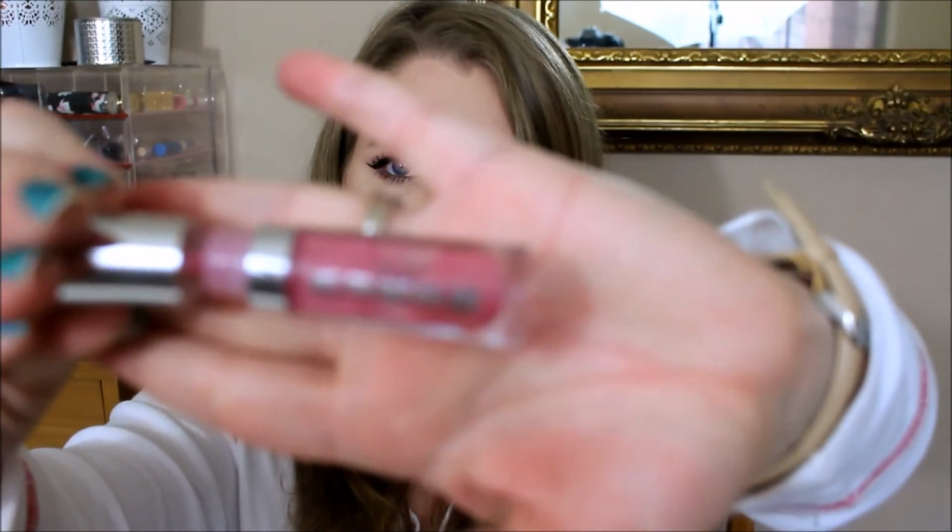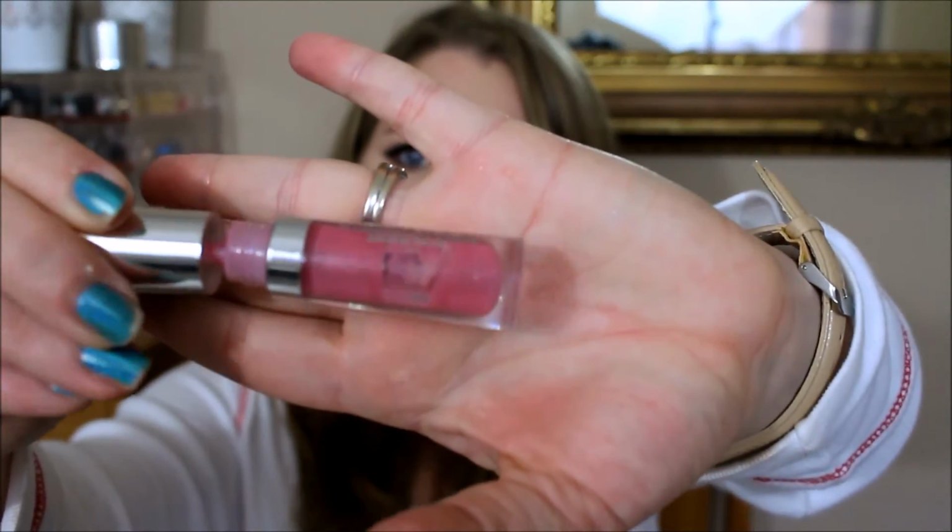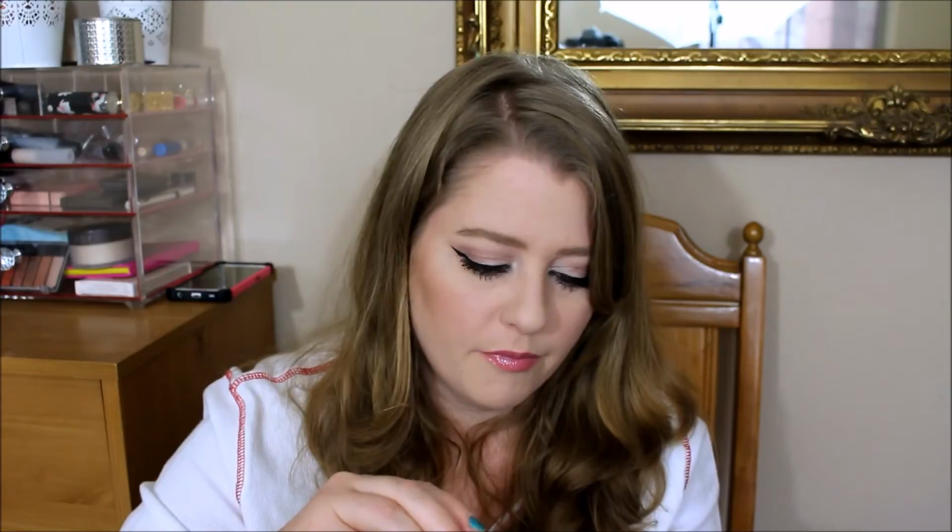I don't know if you guys can see this, but it's almost gone. I am wearing it on my lips today. I pretty much put this on top of everything. I'm wearing a Maybelline matte lipstick called Mauve It, get it, mauve, Mauve It underneath, but I put this on top of everything